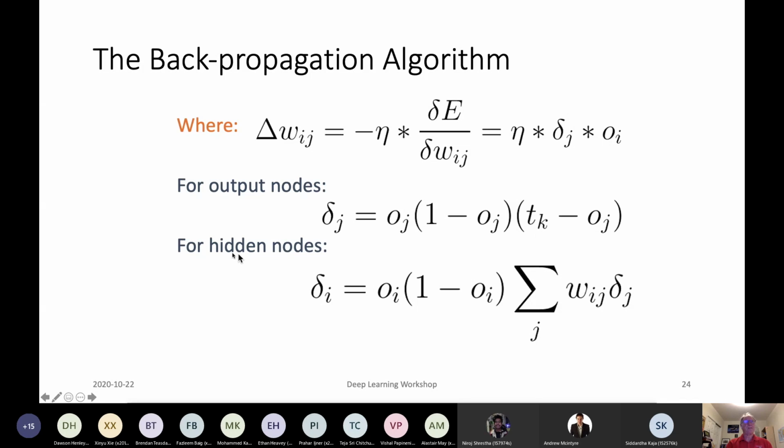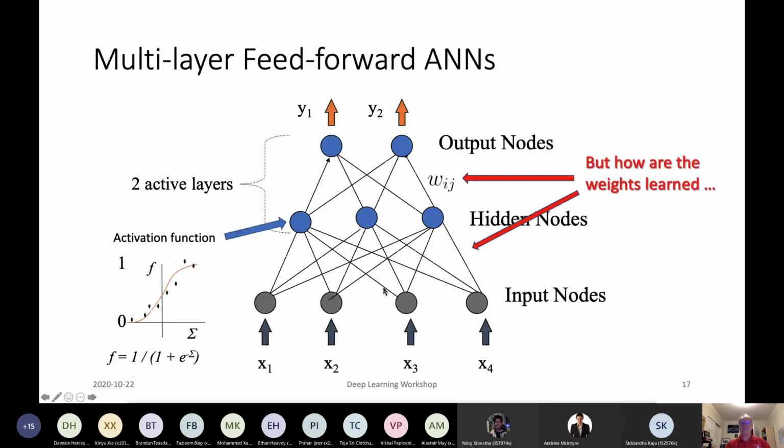And then for the hidden nodes, it's a little more complicated because if you think about the neural network like this, when we're changing the weights down here, the output from this hidden node not only affects this output, it also affects every other output node.